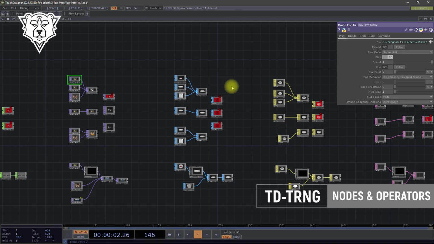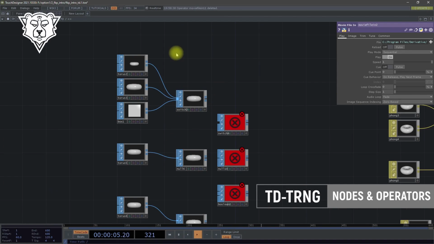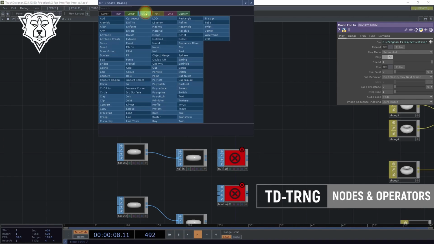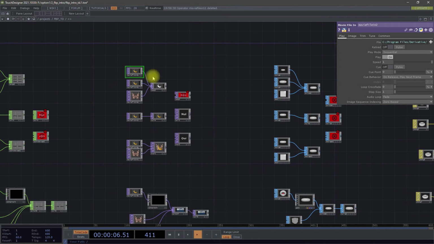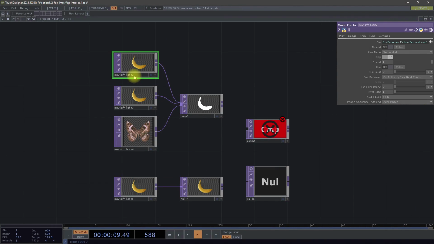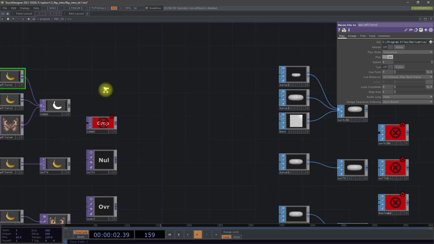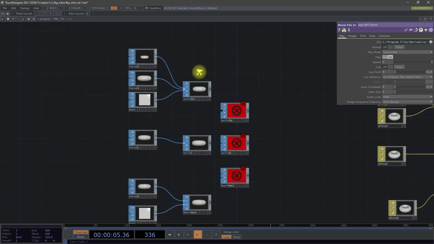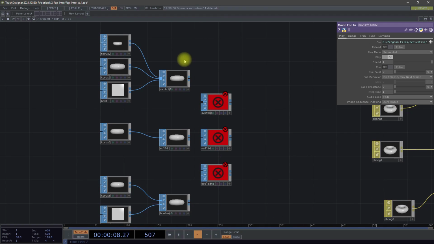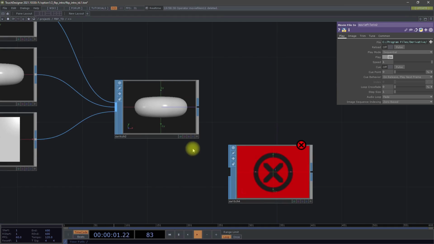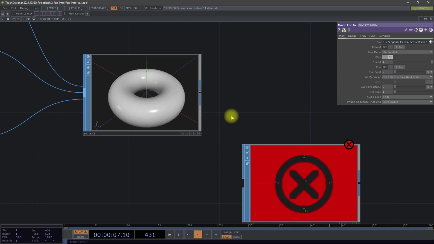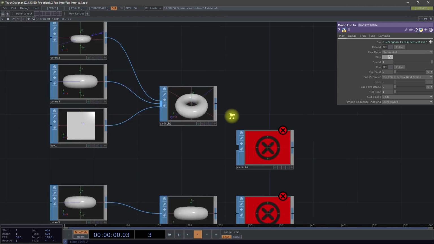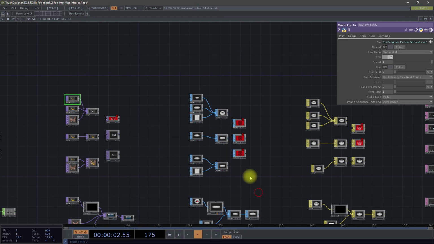The next family is the surface operators, or SOPs. We'll find it here in this column. When we talk about SOPs, it's everything about 3D. When we talk about the top operator, it's everything about 2D or pixels. When we talk about SOPs, we are talking about everything that needs vectors in the space, when we are talking about the three axes, the X, Y, and Z. All the information that can be expressed in a 3D environment will be related with the SOP family